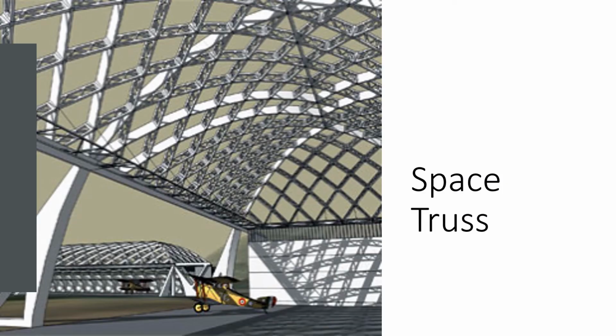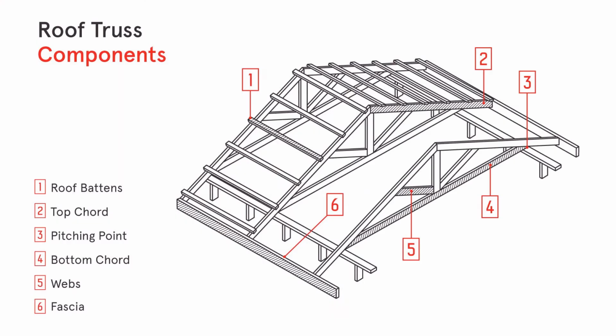Okay, this is what a space truss looks like. So these are all trusses joined together, forming a three-dimensional system. These are the components that can be found commonly in a roof truss. The first is the roof battens, or we can call it a purlin. The second